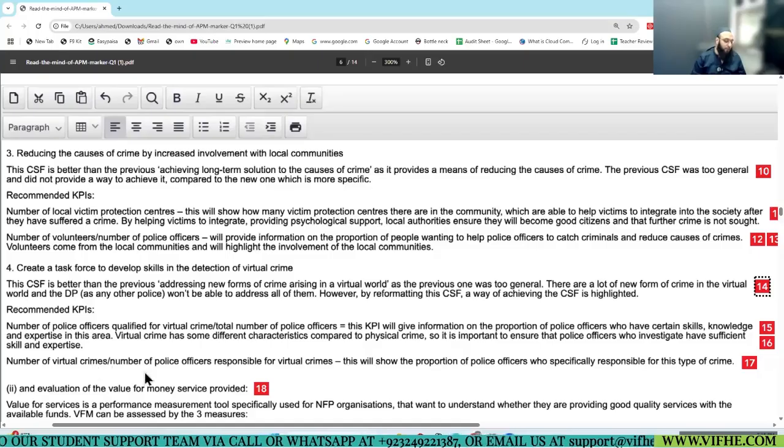This will show the proportion of police officers who are specifically responsible for this type of crime. Do you agree with this KPI? What is this KPI? 10,000 virtual crimes divided by 2,000 police officers.